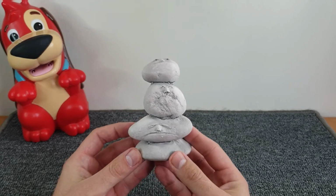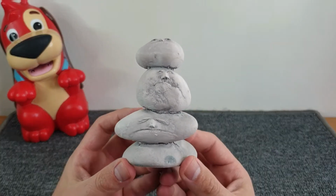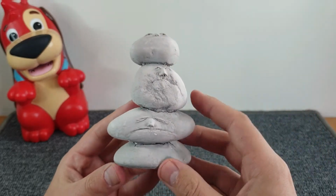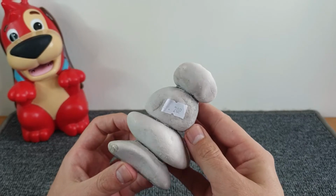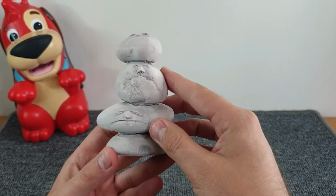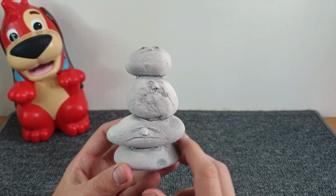Now, I'd like to think it's a garden ornament. Not a very well-made garden ornament at that. If you look at the joins between the 3 rocks here, then yeah, it's not the best of finish. This set me back a massive 20 pence, by the way. It has to be a garden ornament. But why would you want this in your...